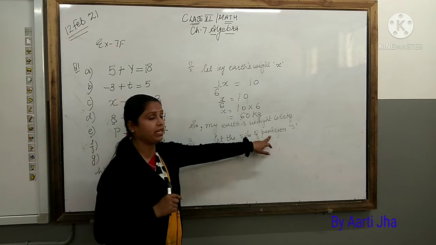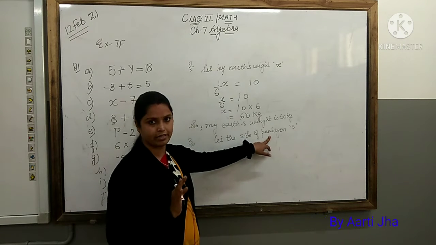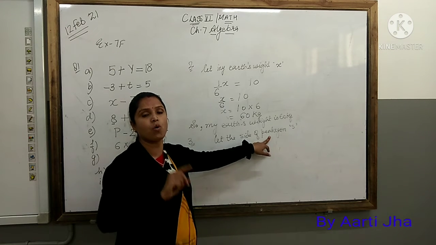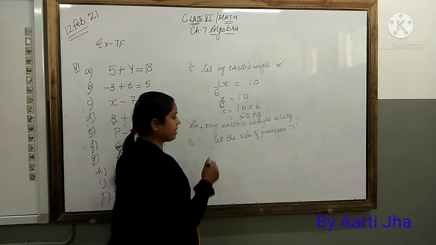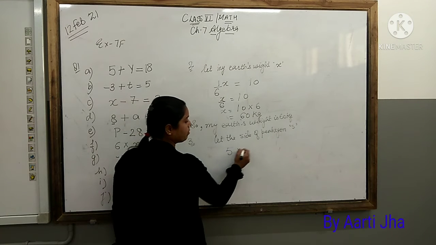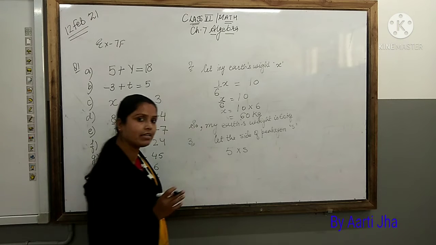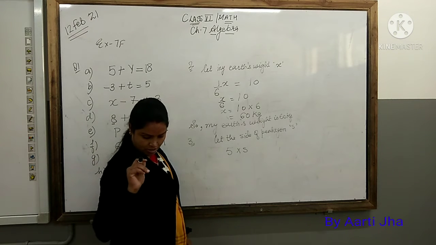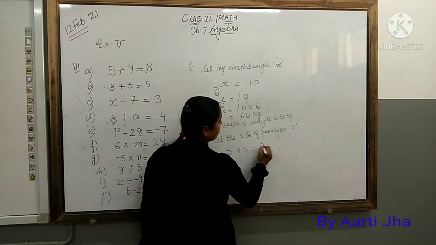Similarly, it's a regular pentagon. Pentagon has all sides same. We have done in symmetry chapter, regular polygons have all sides same. So it is a pentagon. What will be the formula for pentagon perimeter? 5 multiply sides, because it is 5 sides. And how much is the perimeter given? Perimeter is given as 35.